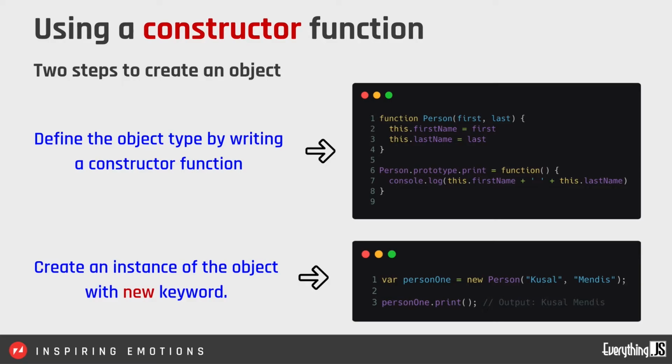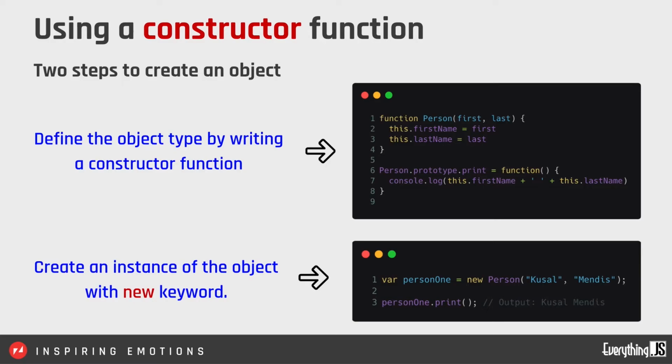Now you might have a question: what is this here? Just consider this for now as an object, because we have a separate session to cover the this keyword, so it will behave as an object here. Just take it as that, and you can see in line number 6 we have added the print function